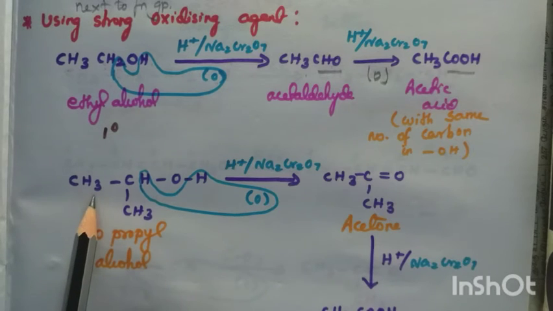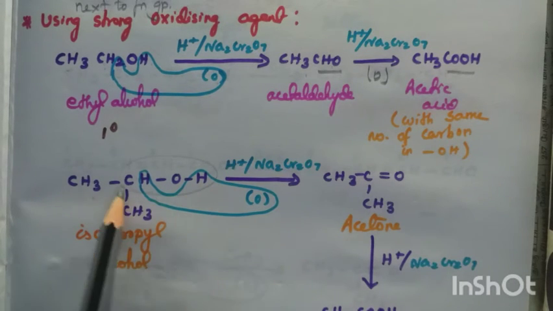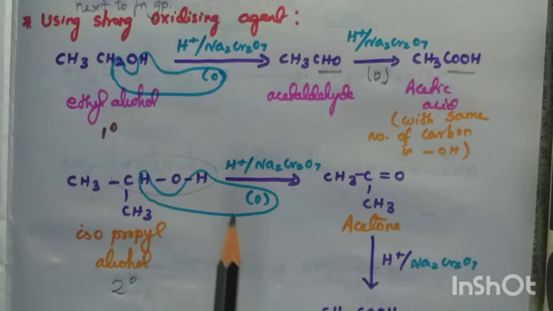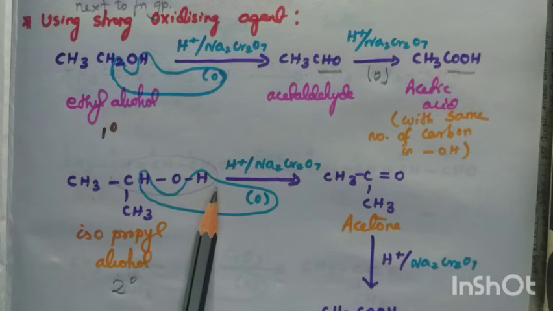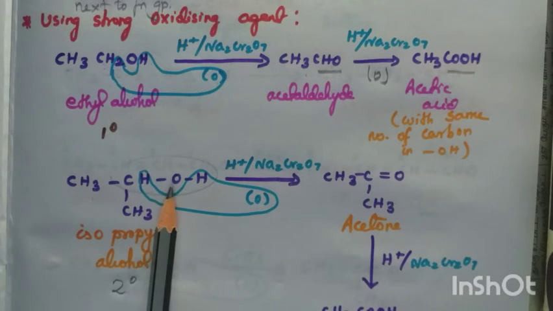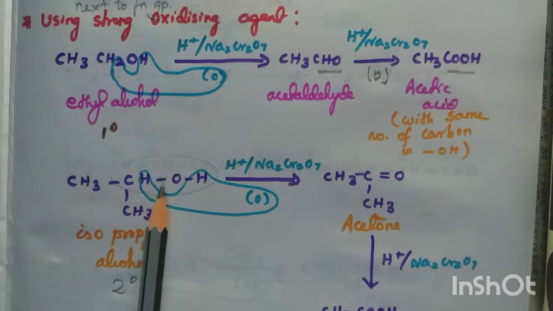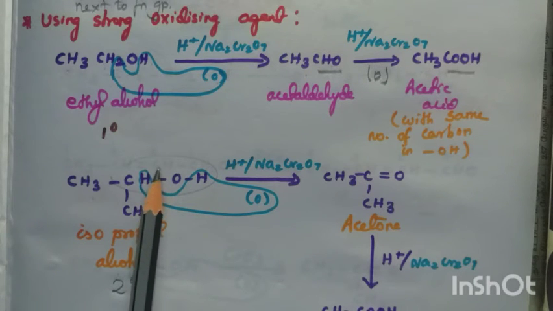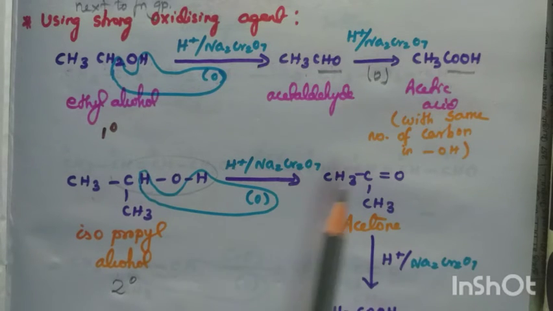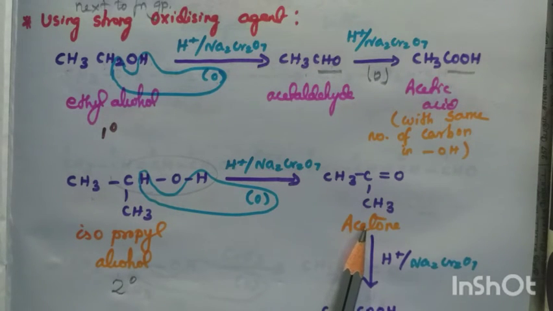What about the secondary alcohol? CHOH is called secondary alcohol. A standard example is isopropyl alcohol. So it is a standard example for secondary alcohol. With the same oxidizing agent, addition of oxygen and removal of hydrogen as water. Now if you remove any atom or group from the adjacent carbon, you introduce one bond. So now this single bond becomes a double bond. CH3 C=O, that is nothing but acetone.